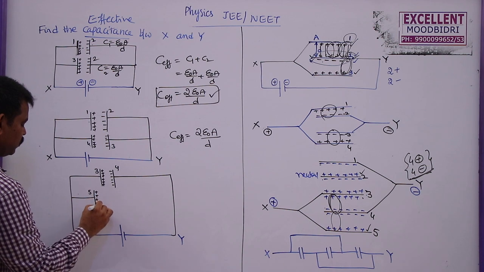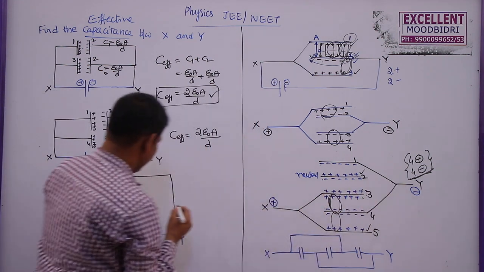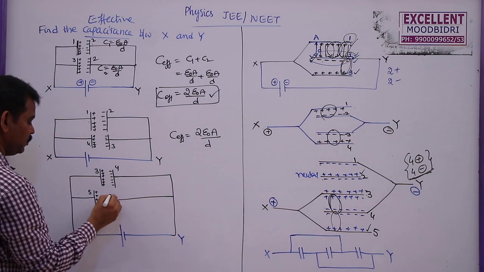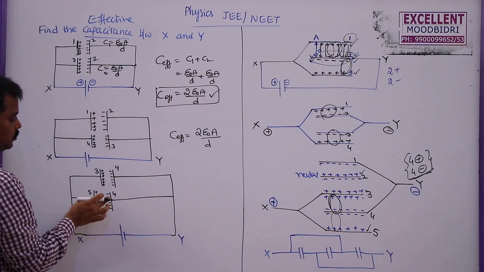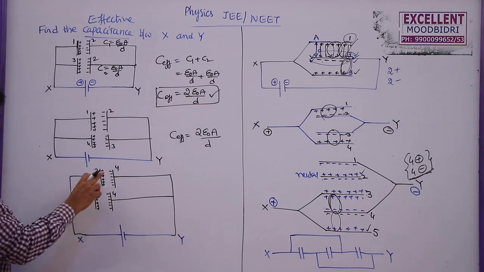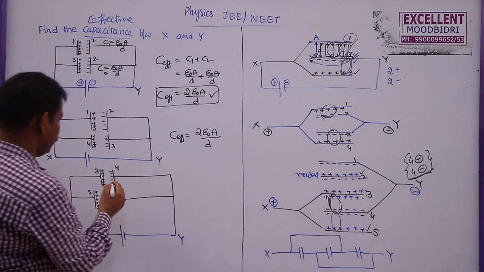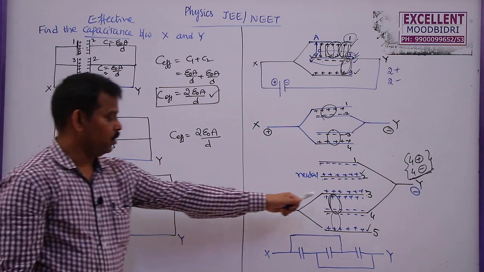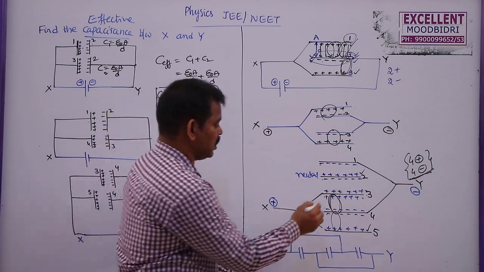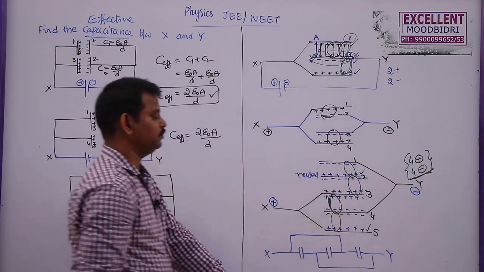And for the second one, the fourth plate is connected to Y. So from Y I am connecting the fourth one. This is the fourth plate. So this fourth plate is common for these two capacitors, and in both cases it is the negatively charged plate only. Now these two are over. Now 2 more capacitors are there. This is one capacitor, positive and negative, and this is positive and negative.